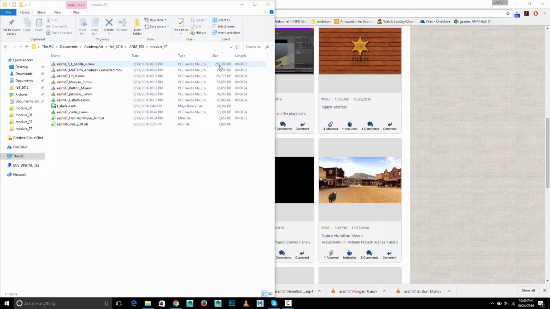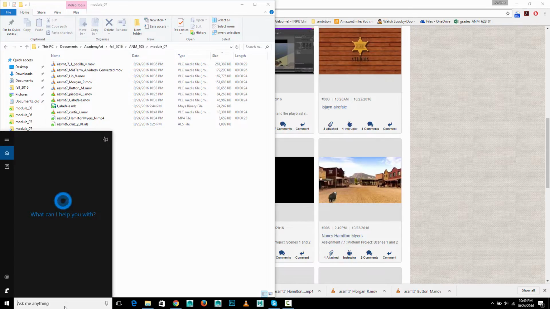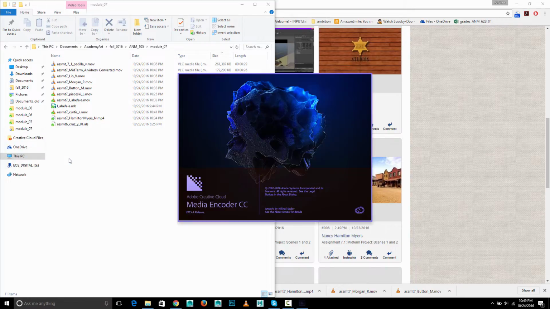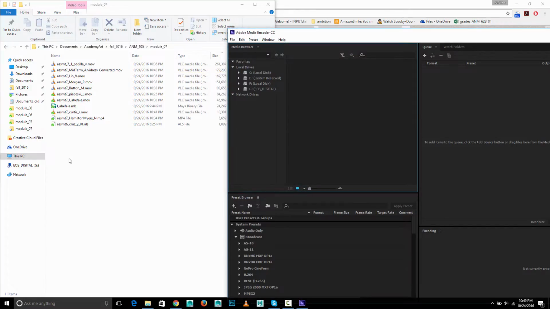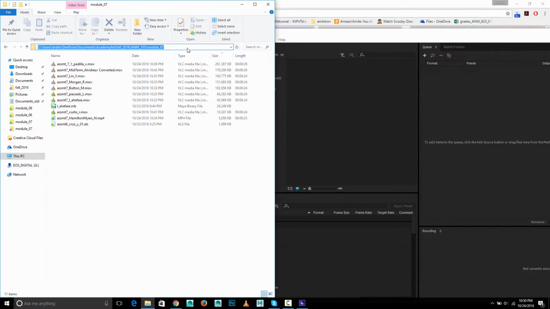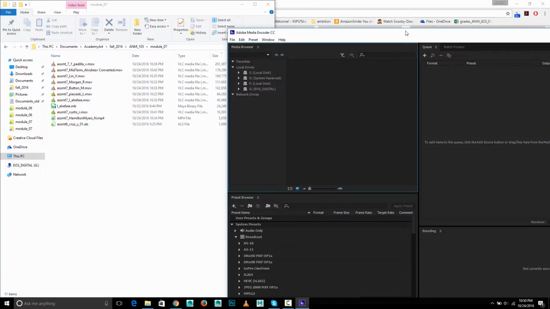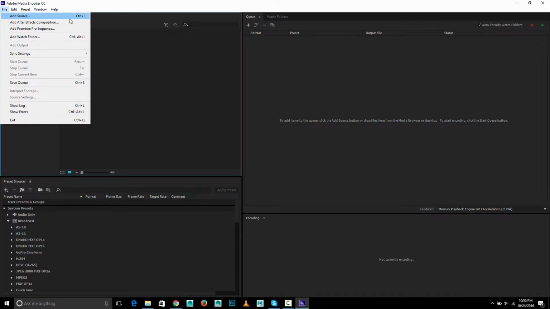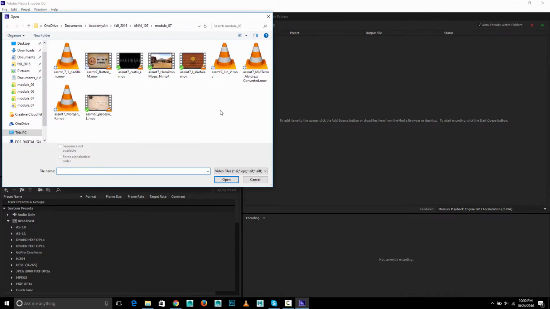This is now an important companion to programs like After Effects, and you in fact can render to Adobe Media Encoder from After Effects. So I'm just going to type in Adobe Media Encoder. There we are. Launch that, and I'm just going to copy this path real quick. And okay, so File, Add Source, which is Control I, like import,